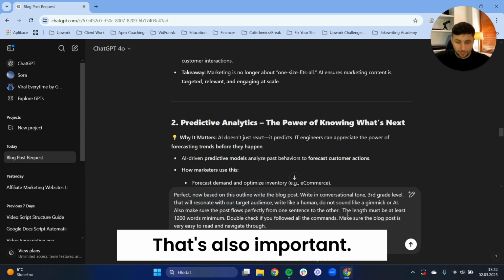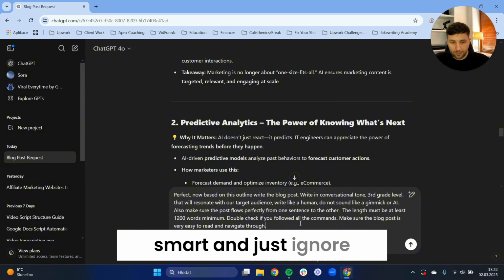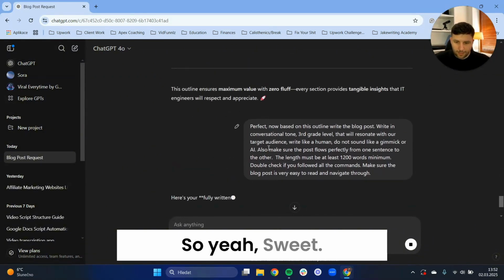That's also important. Then you select the length, and what I like to do, I tell it to double check if you followed all the comments, because AI can sometimes just not be smart and ignore stuff. So yeah,